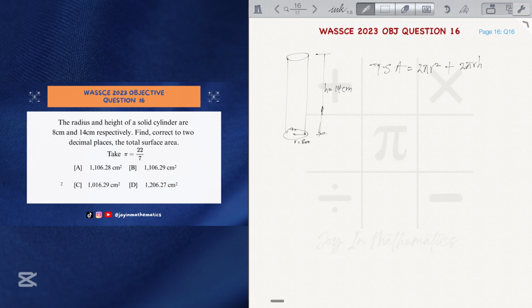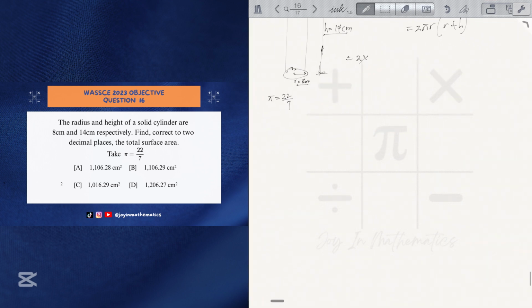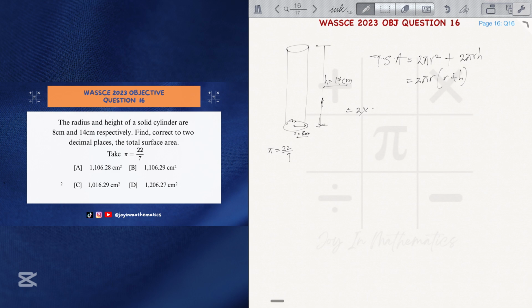So we factorize this using 2 pi r. Let's factorize with 2 pi r, we'll be left with r plus h. So we can now apply this formula. We know that r is 8 centimeters and h is equal to 14 centimeters. So applying the formula, we have 2, and we're given that pi is equal to 22 over 7. So now let's apply pi to be 22 over 7 here. So multiply by 22 over 7, multiplied by the radius, 8 centimeters,